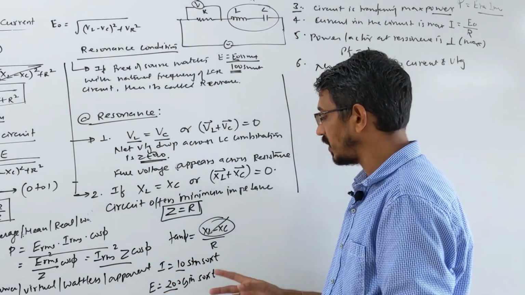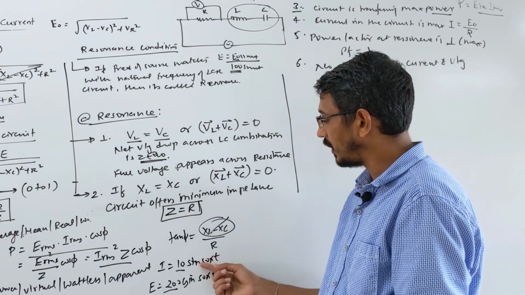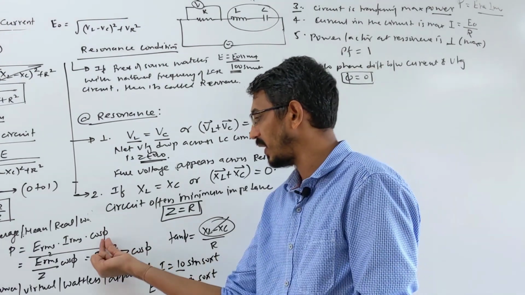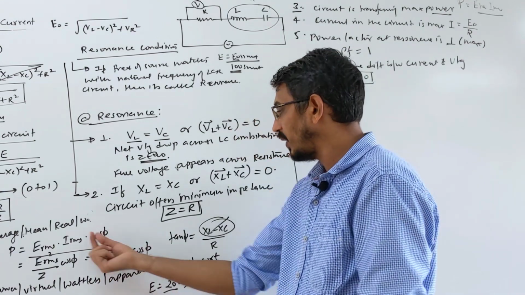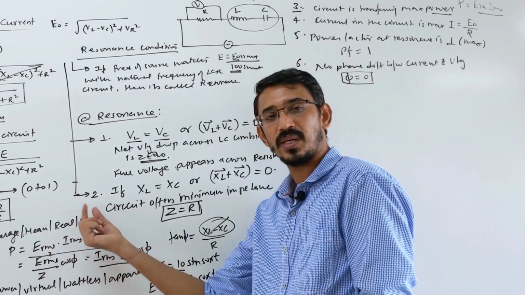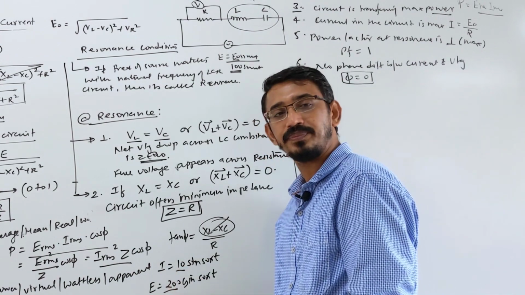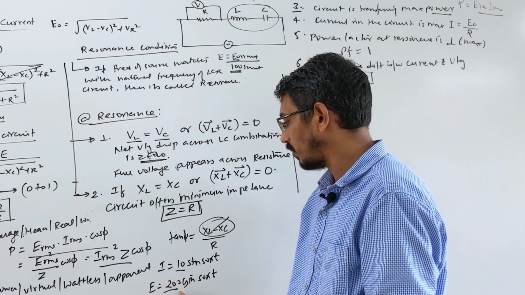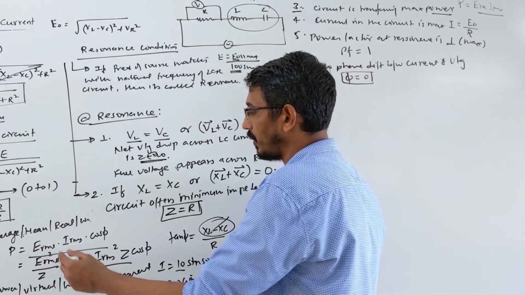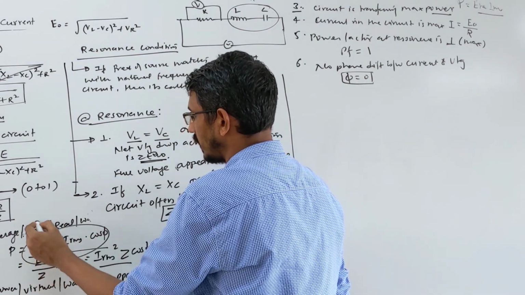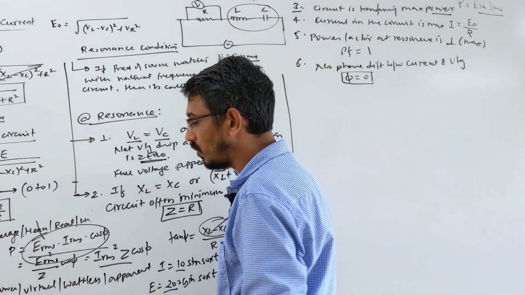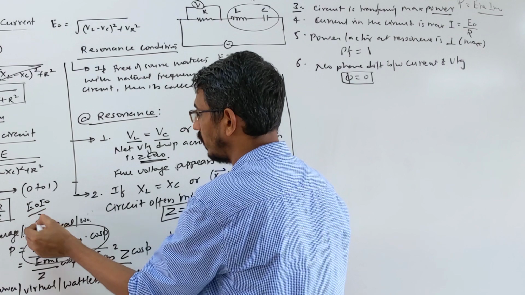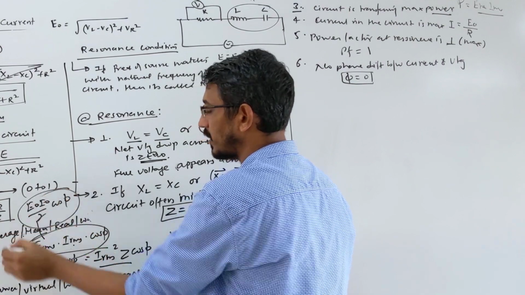Suppose they ask what is the power transfer here. So the angle between these two waves is what? 0 degrees, since both are sine. You first identify the phase because we need phase phi here. Then we need to put the RMS values of current and voltage. So these are the maximum values. Either you can find the RMS, like 10 by root 2 and 200 by root 2, or directly write this formula in terms of maximum values also. How? Simply E RMS is E naught by root 2, and I RMS is I naught by root 2. So you can write E naught I naught by 2 into cos phi.